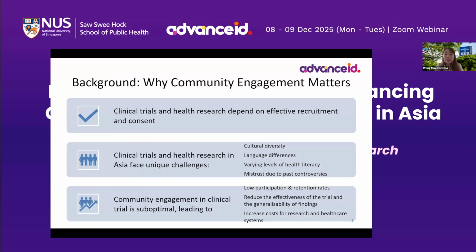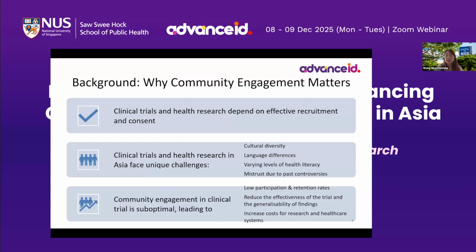Clinical trials and health research depend on effective recruitment of participants into the clinical trial and also their consent. However, what we're facing right now are some challenges, and these include cultural diversity, language differences, varying levels of health literacy among participants, and also mistrust in the community with clinical trials due to past controversies. And in the next slide, I'm going to show you one of these past controversies. To address these, effective community engagement